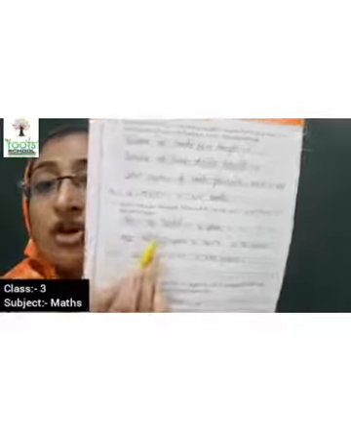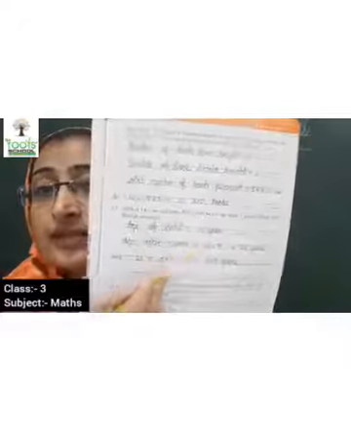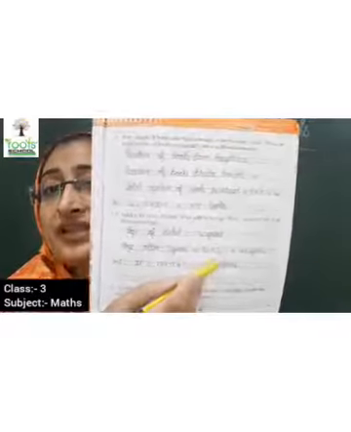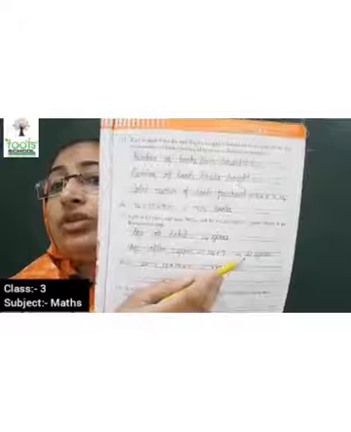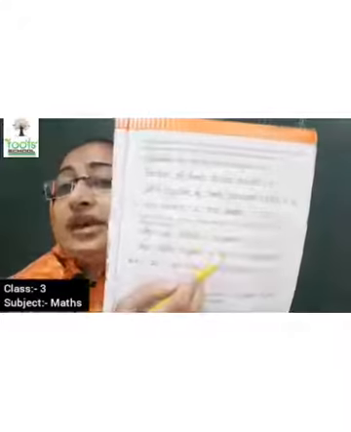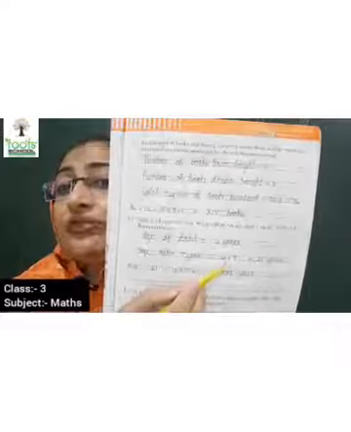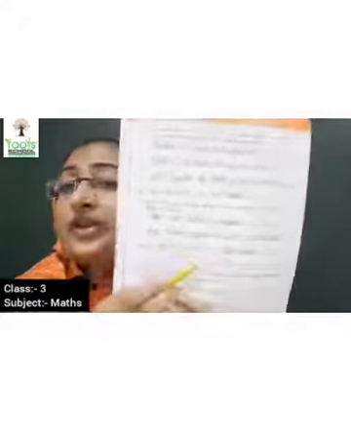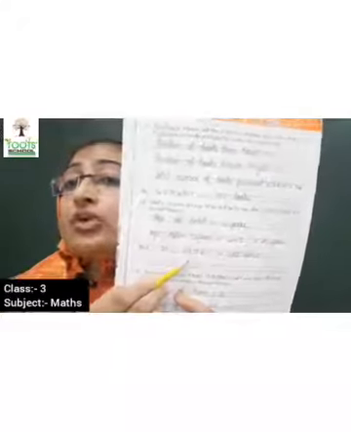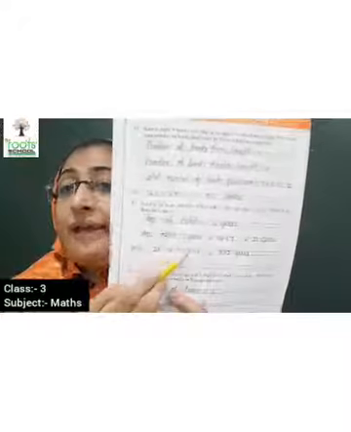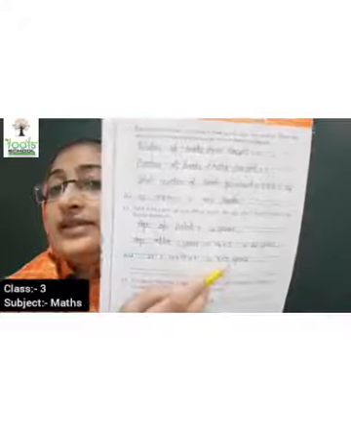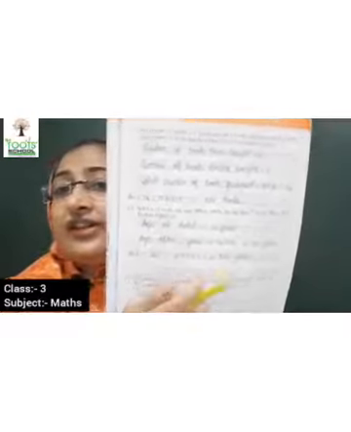So age of Sahil is equal to 14 years and age after 7 years is equal to 14 plus 7. That is equal to 21 years. Because when we add 7 to 14, what do we get, kids? 21. Very good. Now how are we going to write 21 in Roman numeral? 10 plus 10 plus 1. That is 10, 10, 1. This is 21. 21 years.